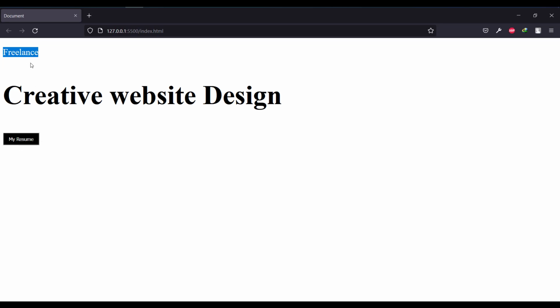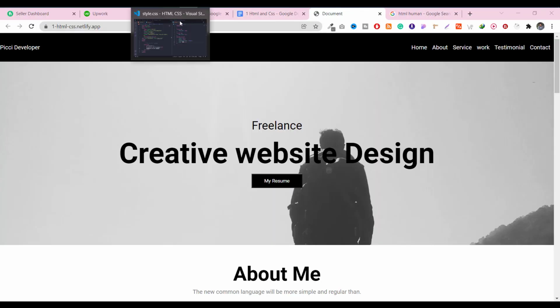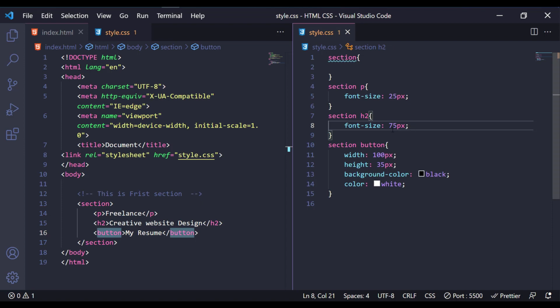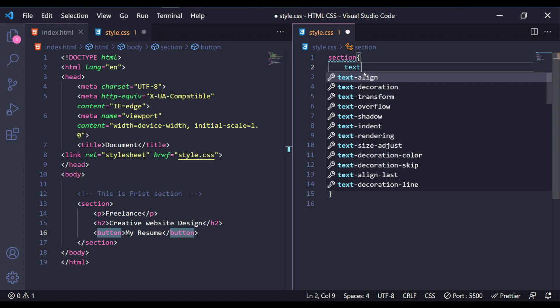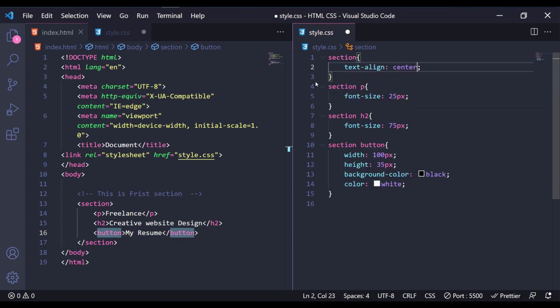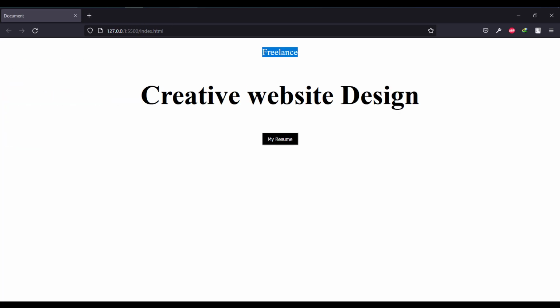But we have to put everything in center, and we have to put in images also. Let's go back again to the code editor, and type. Okay, so in section we have to put text-align center, then everything will be centered, and we have